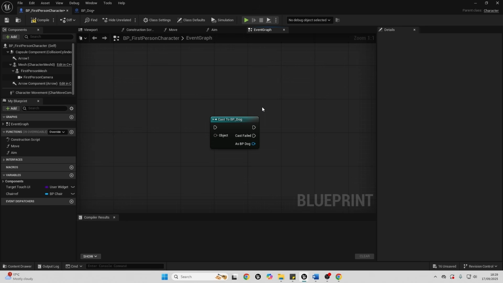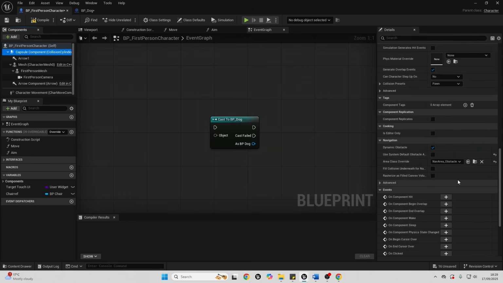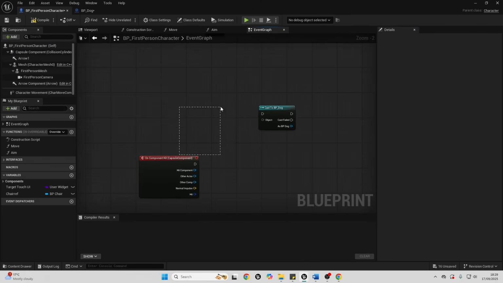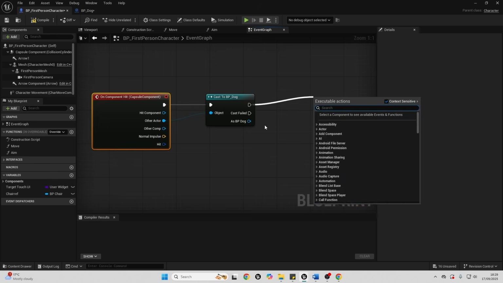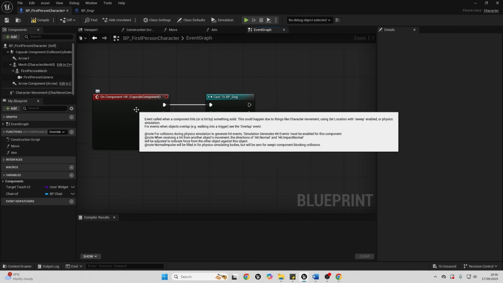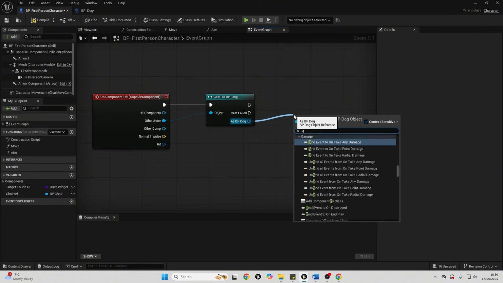So let's put this all together. If I just select my character's capsule component, I'm going to scroll down and I'm going to go over to onComponentHit. And I'm just going to connect from other actor into object here, and from this execution pin into here. So if this other actor is the dog, then this cast is going to succeed, and I'm going to be able to get all of the information from my dog actor, and I can make it do something. So I can make it so when my player's capsule component hits the dog, I will call the bark